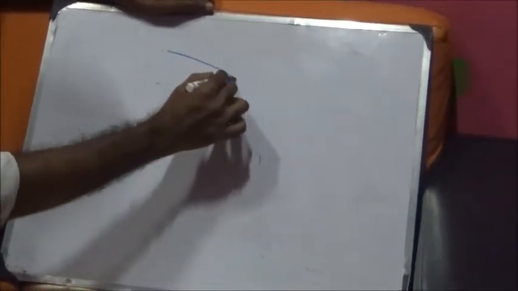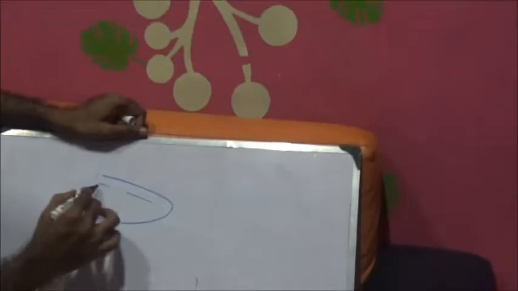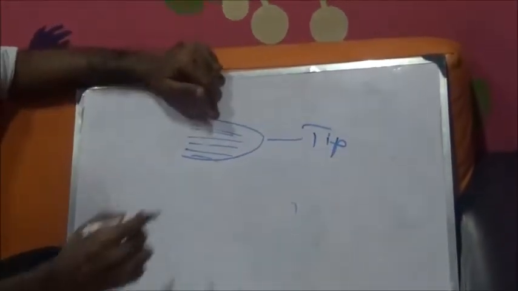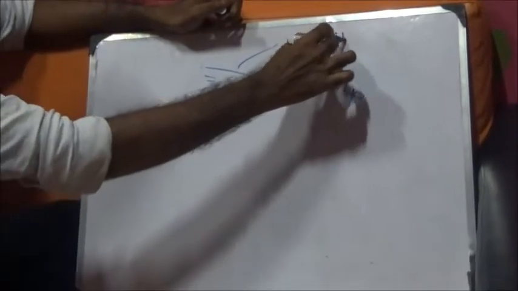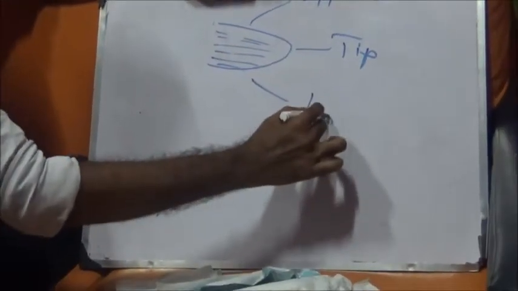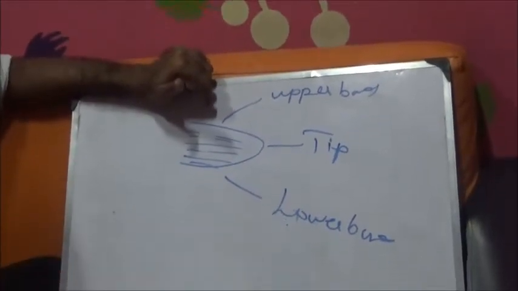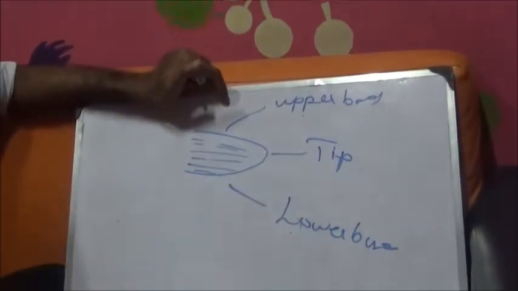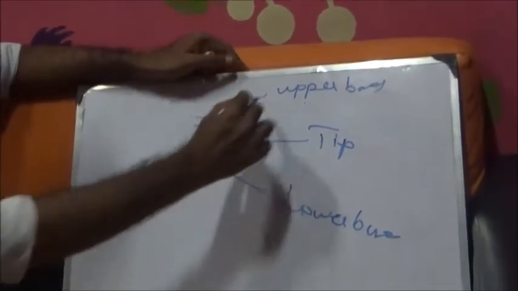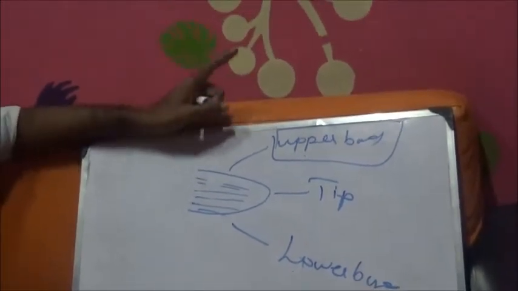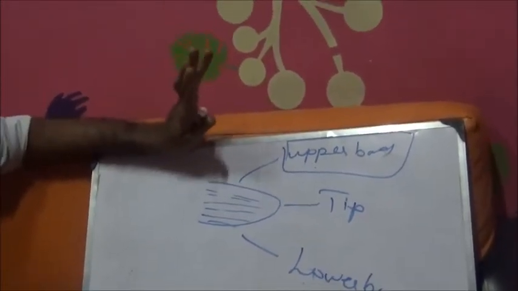Okay, so this is the straight elevator, and you will see small serrations here, right? So this part is the tip. This is the upper border, this is the lower border. So knowing this is essential, upper border or lower border. Sometimes we use the lower border to remove the tooth, sometimes we use the upper border. The key is the upper border. If you know how to use the upper border to elevate the 8, then you have mastered the elevator.